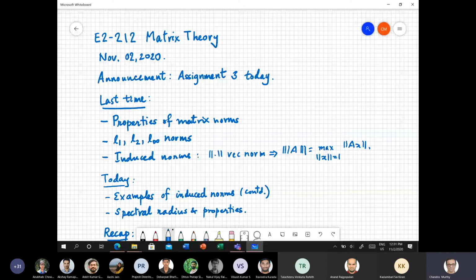The L2 norm we defined in the previous class is the sum of the squares of the entries of the matrix to the power half, and that's also known as the Frobenius norm. And the L infinity norm, if you do n times the maximum magnitude entry, the largest magnitude entry among all the entries of the matrix, then that is what we call the L infinity norm, and that is also a matrix norm. But these are three different norms compared to what we are going to consider in this class.